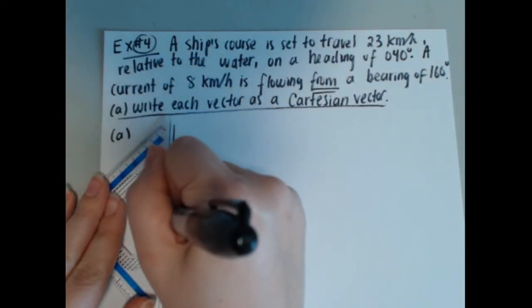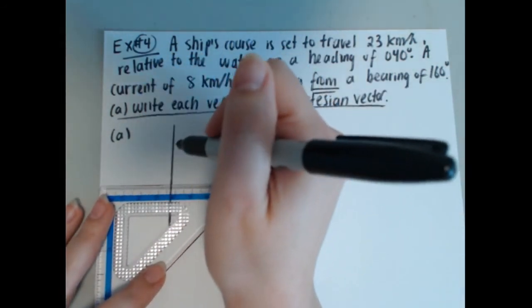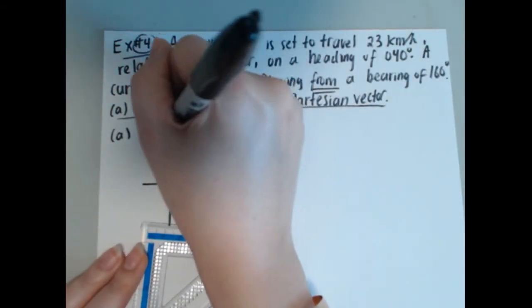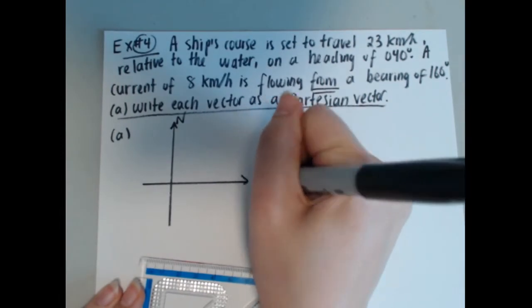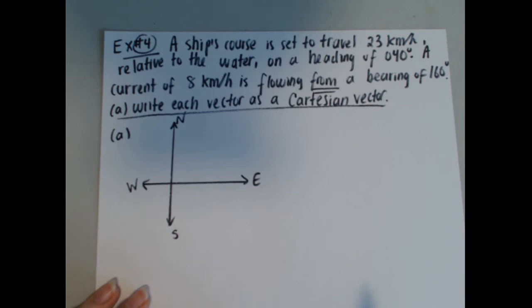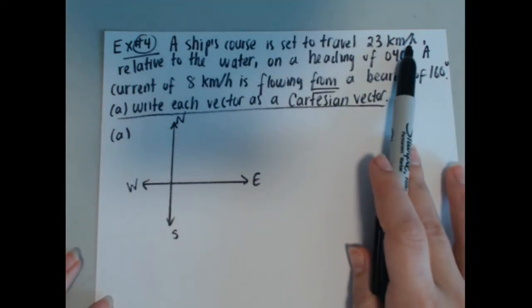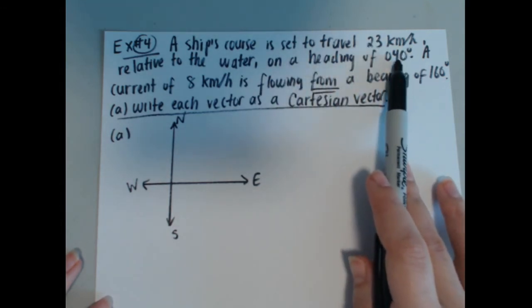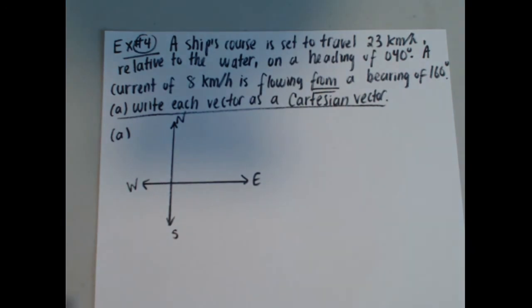So I'm going to draw the top right quadrant a bit bigger here, but sure enough, that's north, east, south, and west. I know that I'm dealing with the compass directions because I'm dealing with bearings. All right, so I know that the ship is set to travel 23 kilometers an hour. That's its speed, and it's heading at 40 degrees. So again, because that's a true bearing or azimuth bearing,